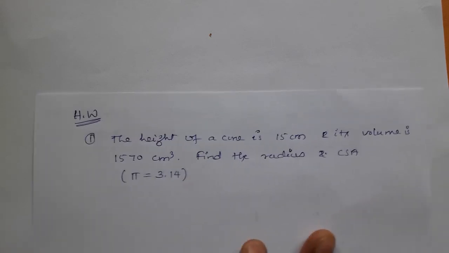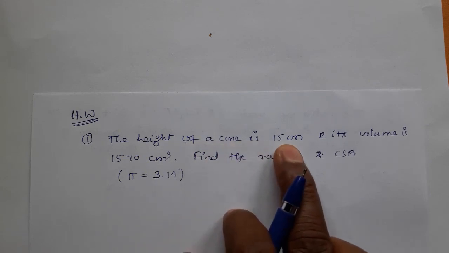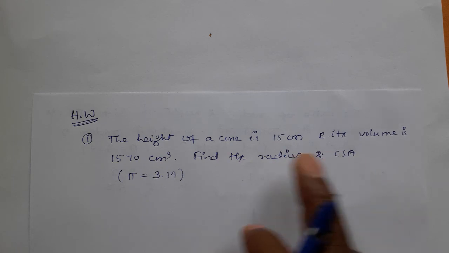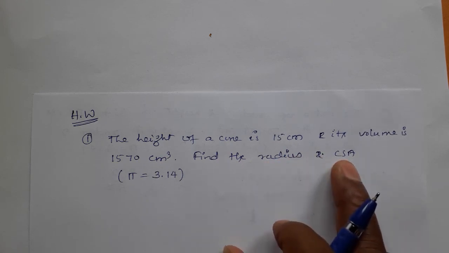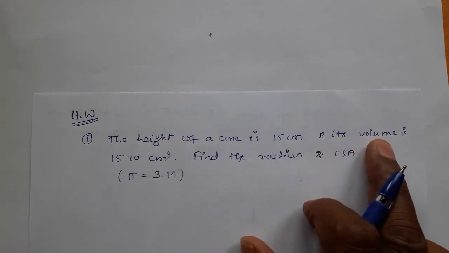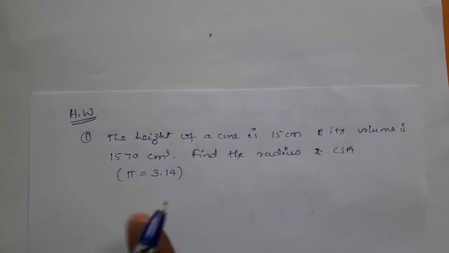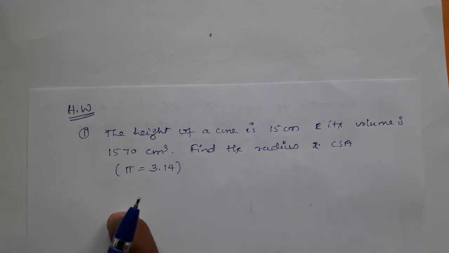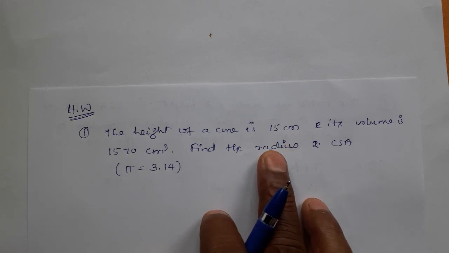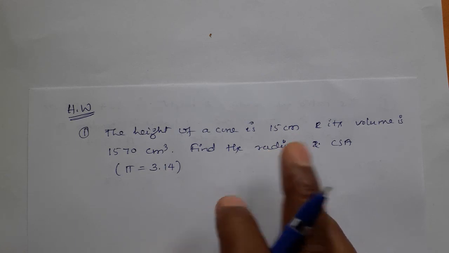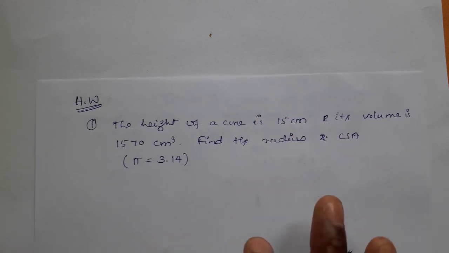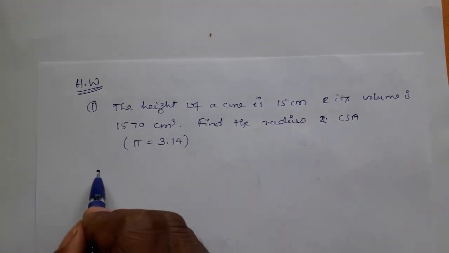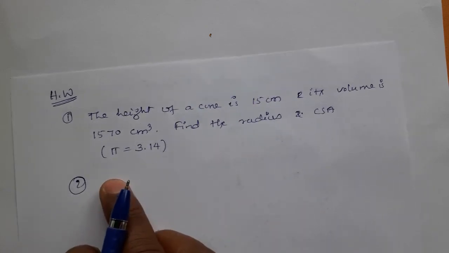Note down this also. The height of a cone is 15 centimeter. H is given. Its volume V also given. Find the radius and curved surface area. Radius find out, then find curved surface area. So mainly height and volume given. Volume is given, that formula only use first. Don't go to curved surface area first. In that formula we will get radius. Then the radius and height use it and find the slant height. After the slant height, go for CSA. CSA is pi RL. You can put there all the unknown substitutions.